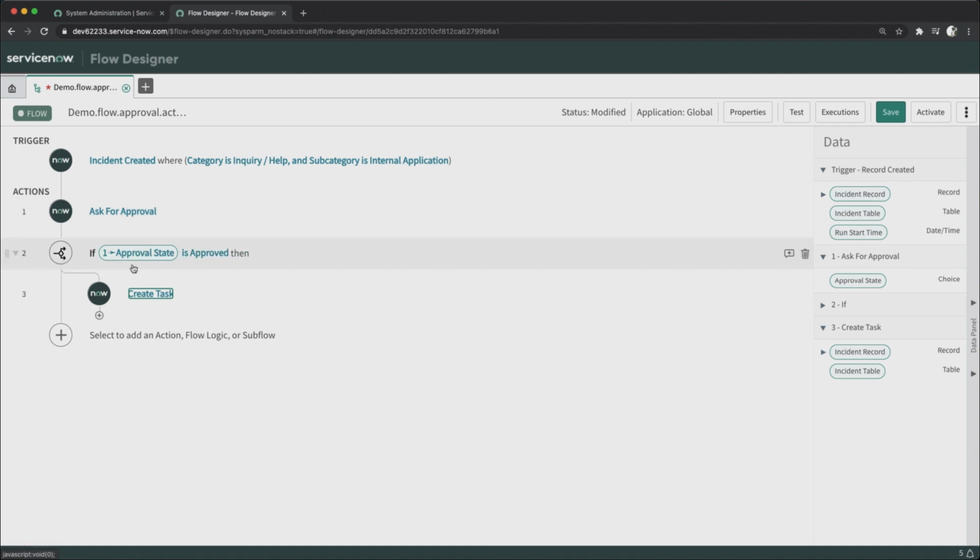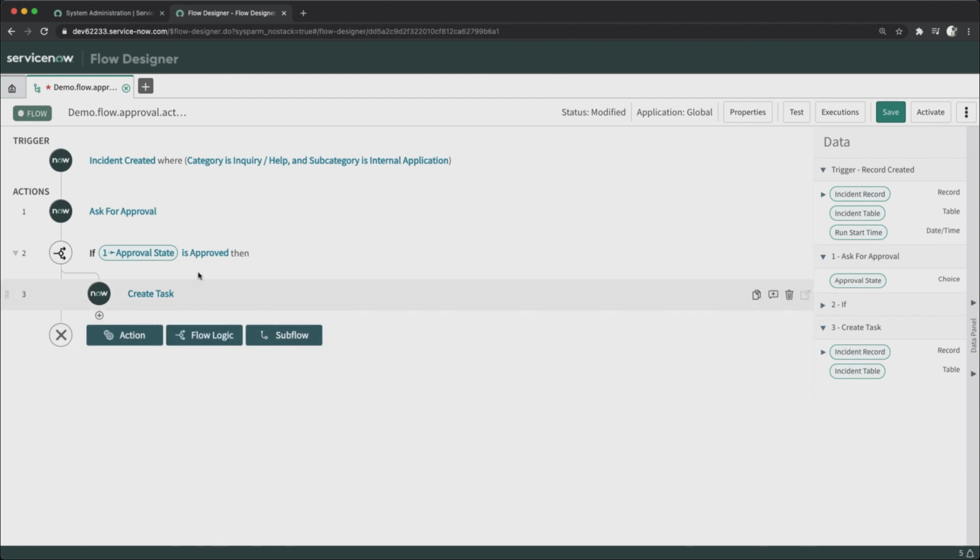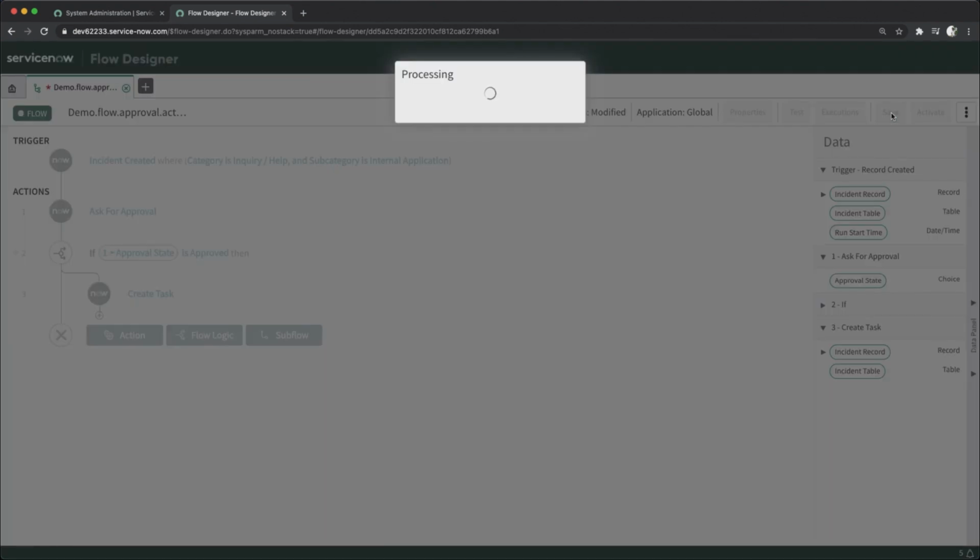Now if this condition is matched, that means if it is approved, then it will create the task, else not. If you want to create more logic, you can click on this flow logic, and you have a lot of other options for logic, but we have a separate section for flow logic as well, in which you will learn about logic in detail. So now I'm done with this, so I can create the task if it is approved, and I can just click on save,